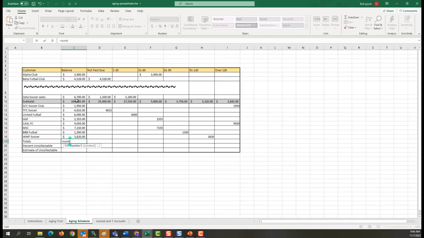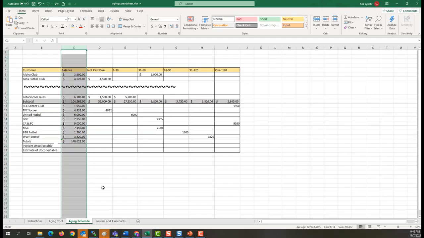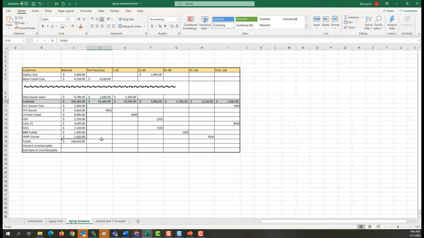We're going to add the old subtotal and all these new additions. And so our old total accounts receivable, this is the balance column, our new total accounts receivable is $140,662. We're going to do the same thing here, our old subtotal plus any additions. And I can just, because of Excel, I can just copy this formula over here, and it will add all